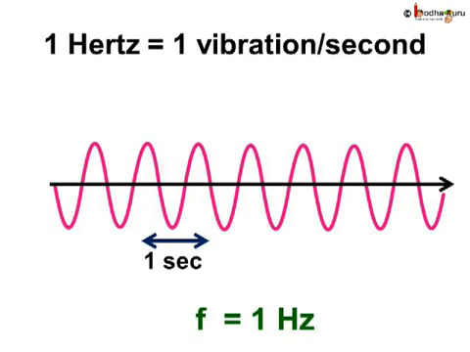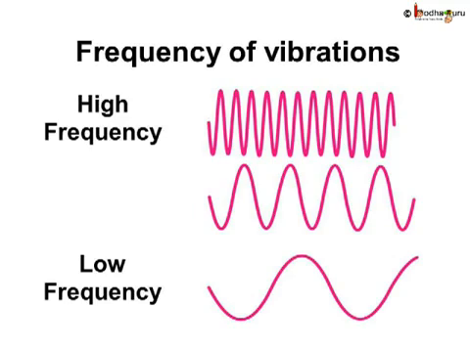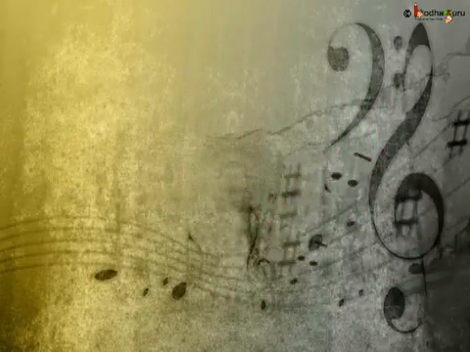A frequency of 1 hertz is 1 oscillation per second. We can also say 1 Hertz equal to 1 vibration per second. Say if an object oscillates 25 times in 1 second, what would be its frequency? Yes, it will be 25 Hertz. So, if the frequency increases, it means more vibration or oscillations in a given time. You know, frequency is also defined as the number of waves passing through a point in 1 second. Now listen to the sound.